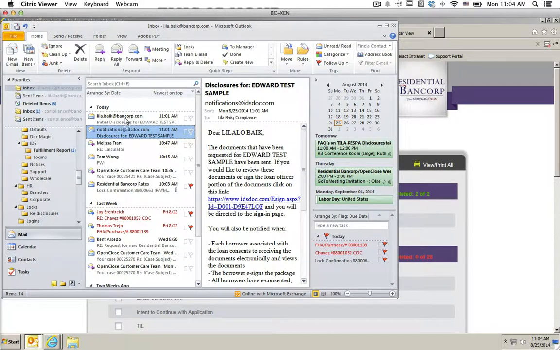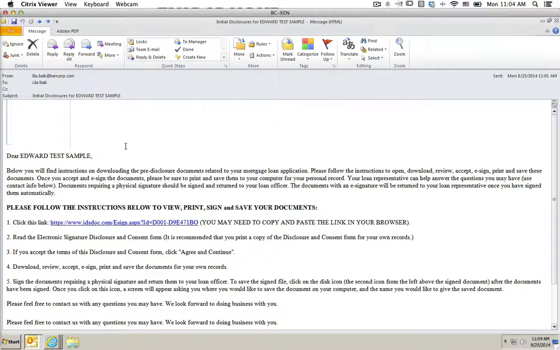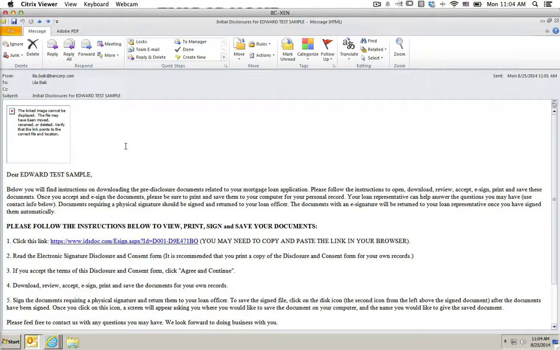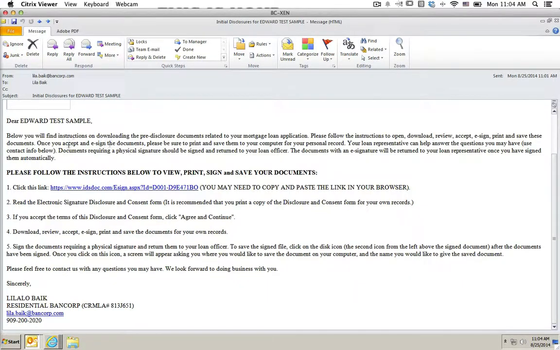Okay, the borrower will also receive an email, and this is how the email is going to be formatted. It'll be, "Dear Edward test sample, before you find instructions for blah blah blah the documents," and then they will also have a link to go into e-sign. So the borrowers will click into the link,